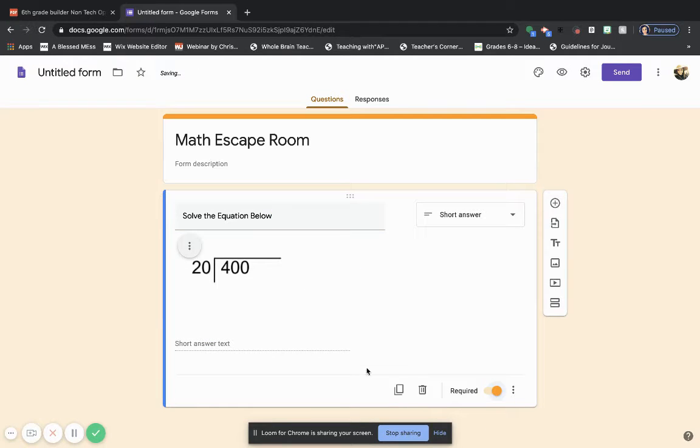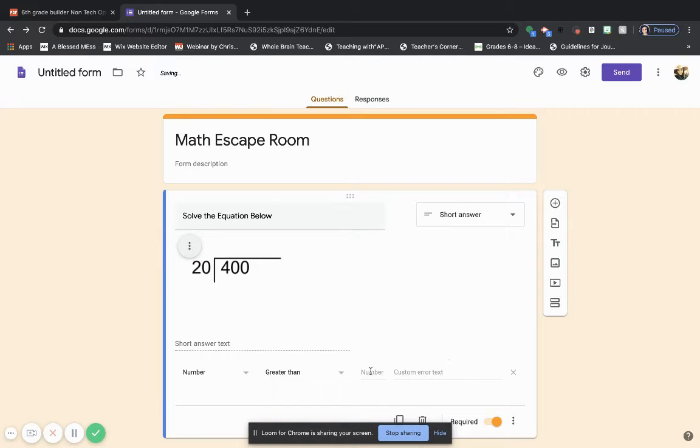So I want to make it a short answer, but I also want to make it a response validation. So by making a response validation, we manage if the students can move forward in their progress or not. So for this one, it is going to be a number, and we want it to say equal to, because we don't want it to vary or change. This is going to be a solid number. So our number is going to be